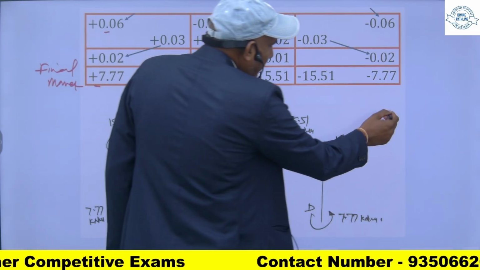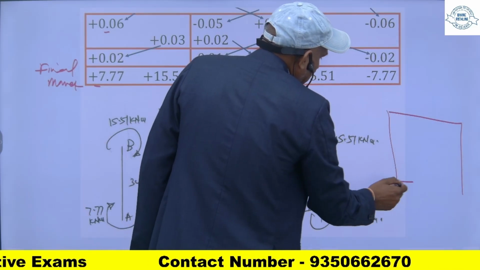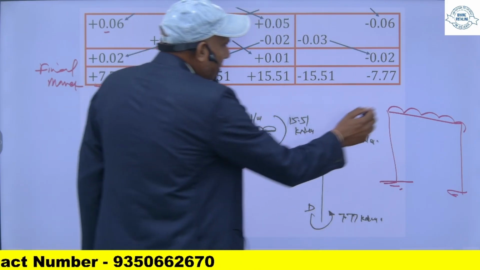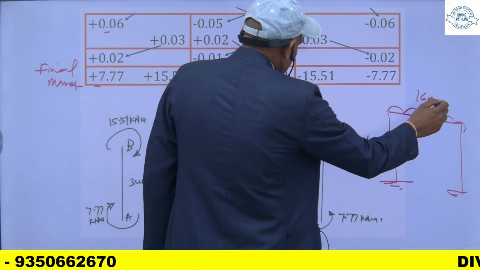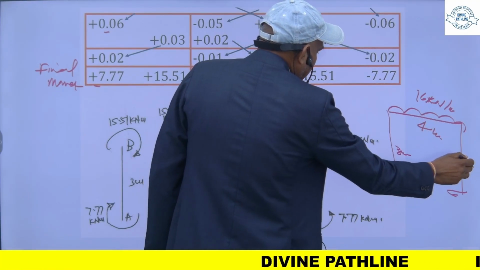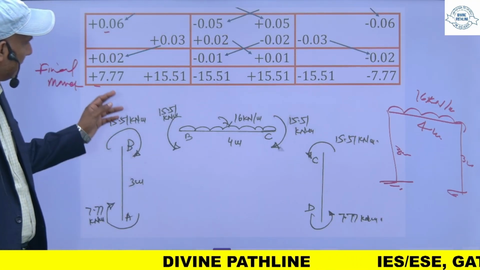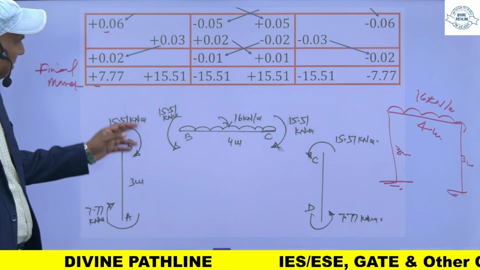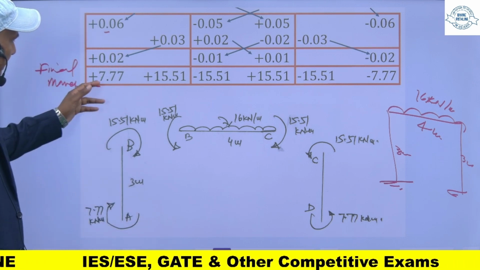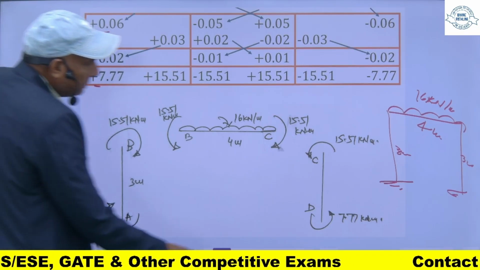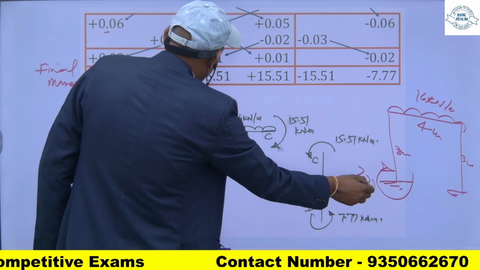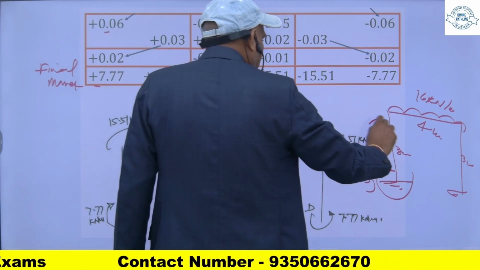तो मेरा फ्रेम वो इस तरीके से था, यहाँ यूडीएल था 16 किलोन्यूटन मीटर, this is 4 मीटर, 3 मीटर and 3 मीटर. तो यहाँ पर जो मूवमेंट आएगा इस हिस्से में, ये प्लस है क्योंकि +7.77 यहाँ, तो प्लस का मतलब है क्लॉकवाइज। For this portion it is clockwise. 7.77, ये भी प्लस है तो ये भी क्लॉकवाइज।